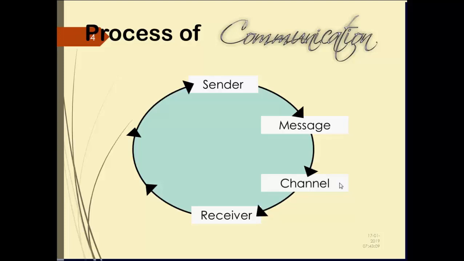Now the receiver will have feedback. It's really a message also, but they call it feedback. Okay, they call it feedback. So the receiver might ask questions or respond to your message, and they call it feedback. And also he needs a channel. Did he do it through writing or oral, or he just closed his eyes and shook his head in disagreement? Whatever, okay? It's a message. Okay? Any question? Understand? Okay.